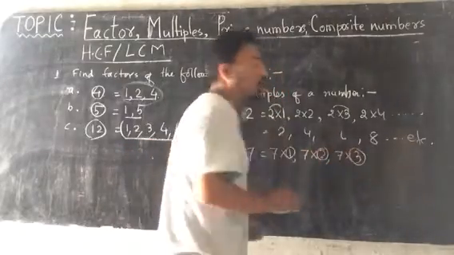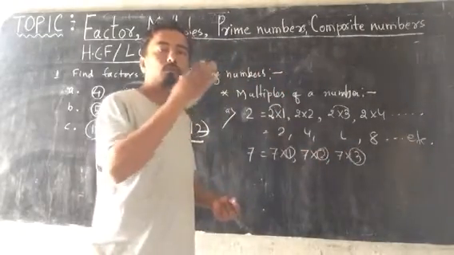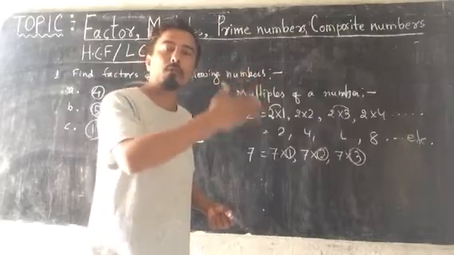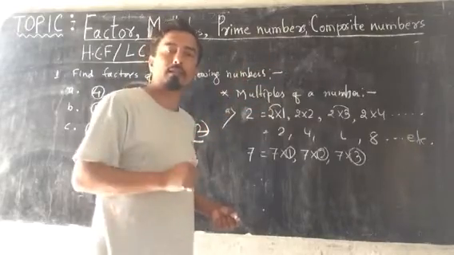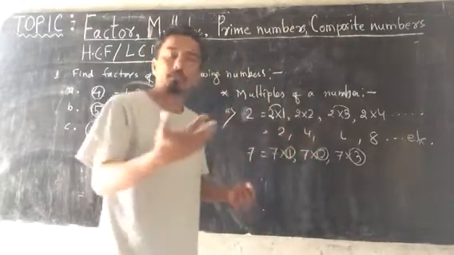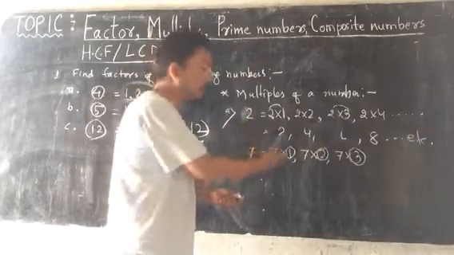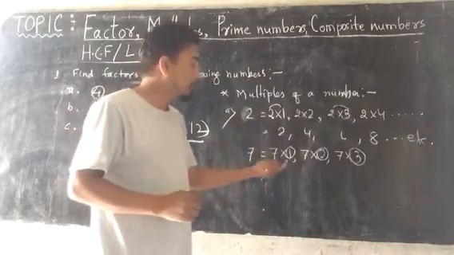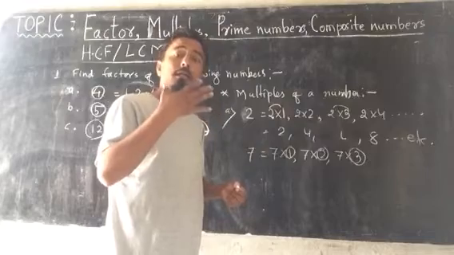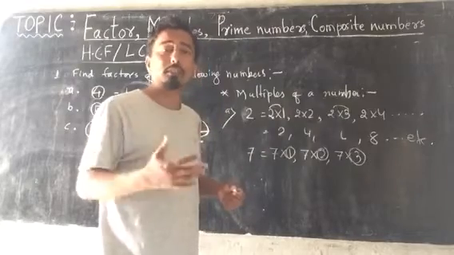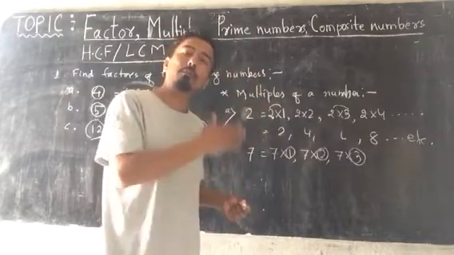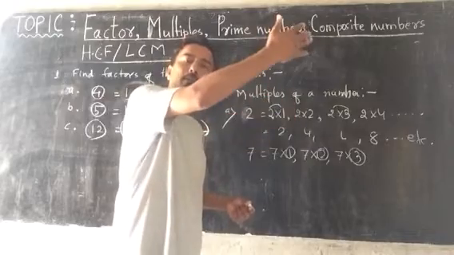There are no certain rules that you have to multiply by 1, 2, 3. If you multiply by 1, 2, 3, it will be easy. For easier understanding I am telling you this. But there is no such rule that you have to multiply by 1, 2, 3 only. You can multiply by 4, 7, 11, okay.